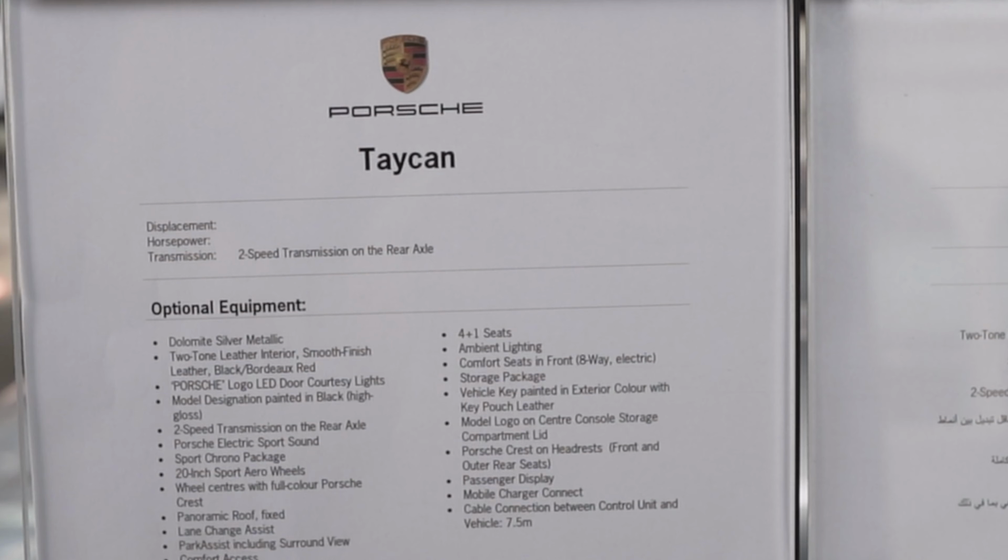buying a Taycan today. The car I drove today wasn't actually 360,000. That was the base price of the car. But with extra options, the car that I was driving today was 430,000. This is where Porsche gets you with all the extra options and things. You have to pretty much spec out everything that you want in the car, and it costs you